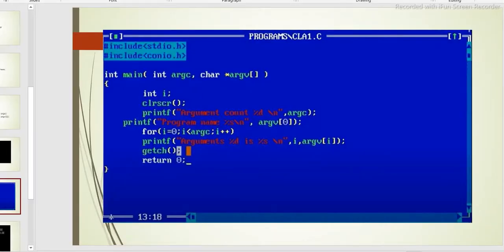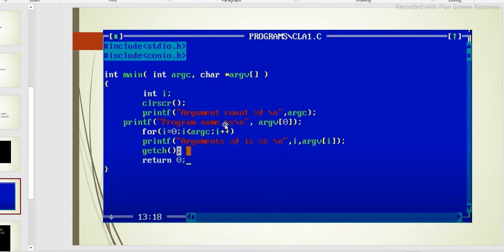And we can see another example with a for loop. int main, this is the syntax: int argc, char pointer argv, size of array, int i declaration. printf argument count, count is an integer so percentage d, and argv is an array so we use string.